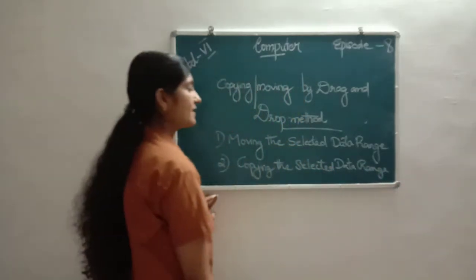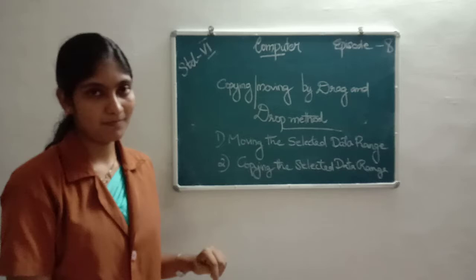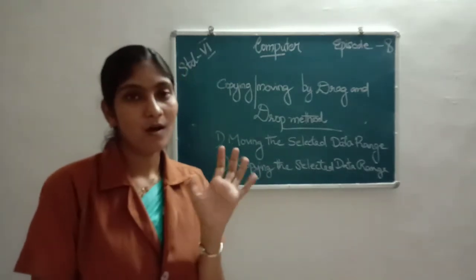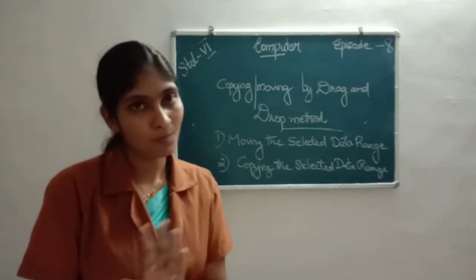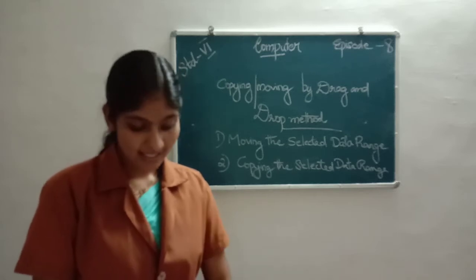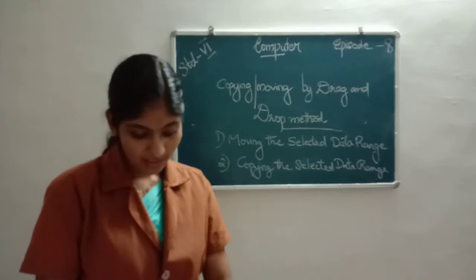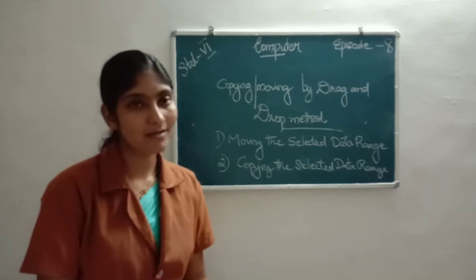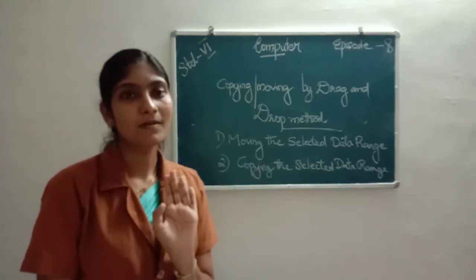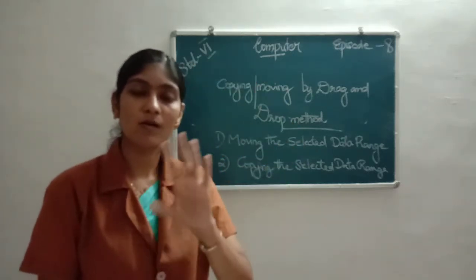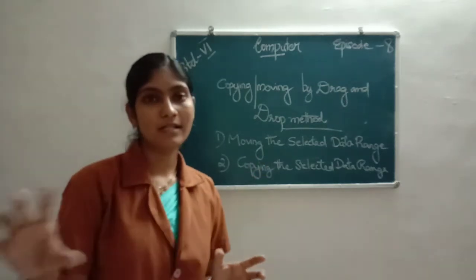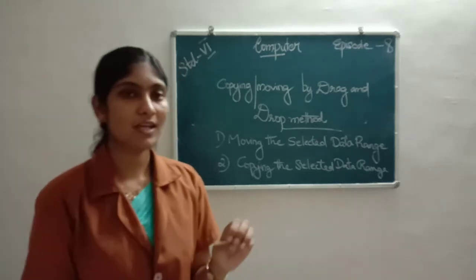Right, okay. So first, moving the selected data range means, first of all, select the whole range of cells and then hold down the mouse and drag into the new position. That is, to move the selected data range, drag the selected range from the border and drop it into another location by releasing the mouse button. Simple, equal to a drag and drop action. Select the whole range of cells, move the mouse and release it into another new position.